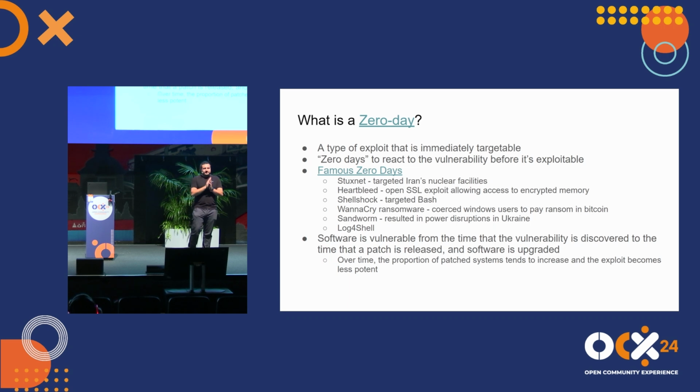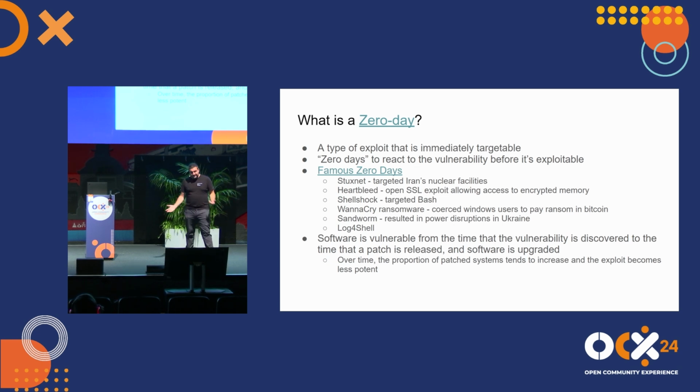And there's kind of this idea of a window of vulnerability. The software is basically vulnerable from the time that vulnerability is discovered by anyone. And hopefully it's not the hackers that have discovered it first, but it could be, until the time that a patch is released and all the software is upgraded, right? So basically, you're vulnerable from the point that the vulnerability is discovered to the point that you have patched your system, right? It doesn't really help. In fact, it's generally unhelpful if somebody else has discovered the vulnerability and it's known, but you haven't patched your